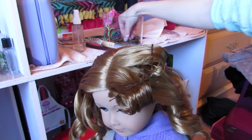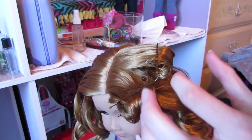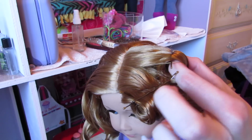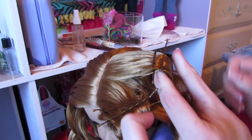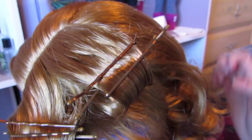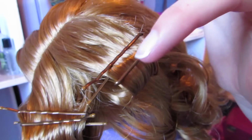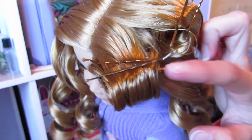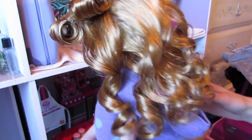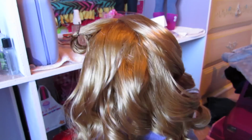And then you can do another one going the other direction, just so that it holds all of the hair in one place. So you have one going this way and then one going this way. So I did it right here too. And so I'm going to continue doing